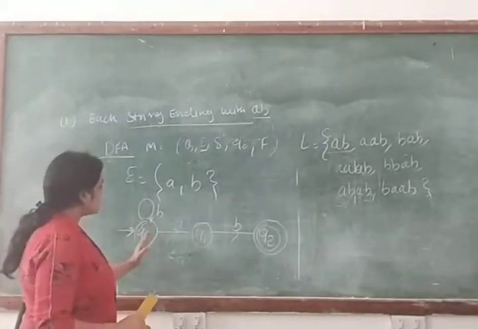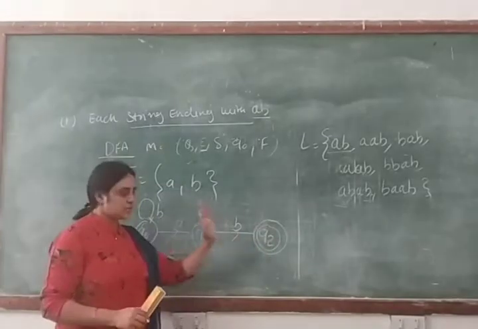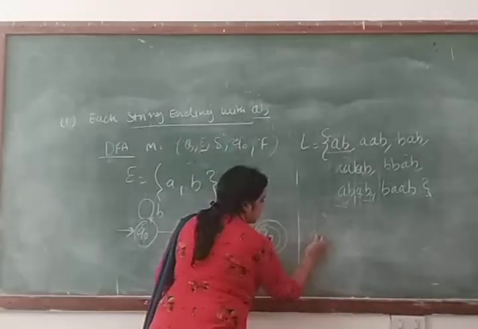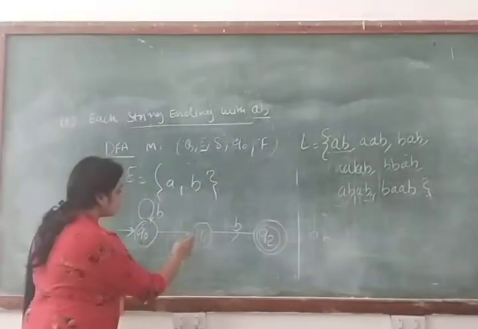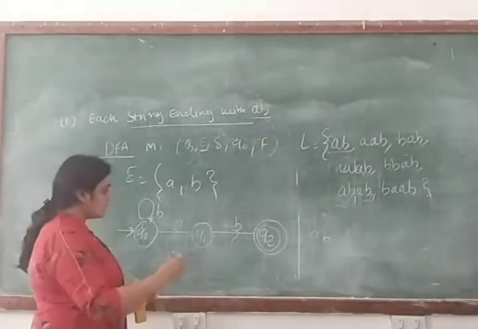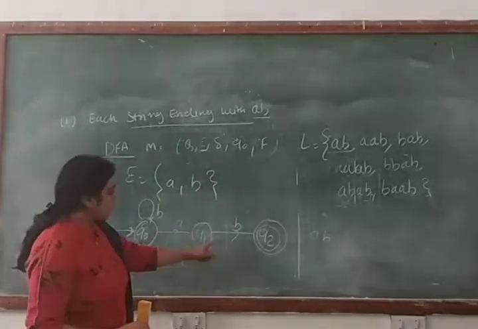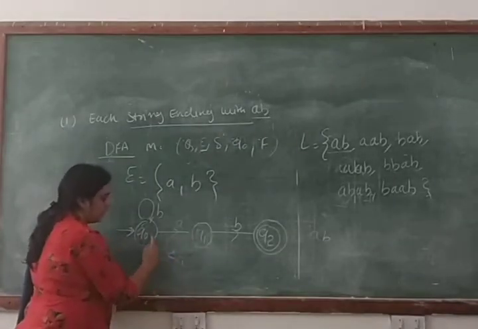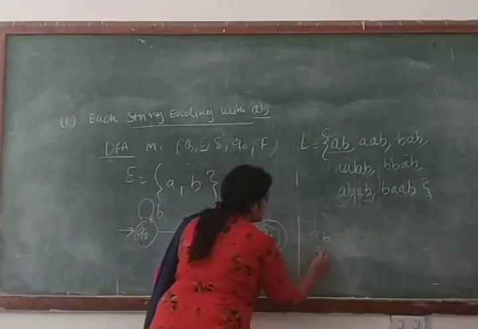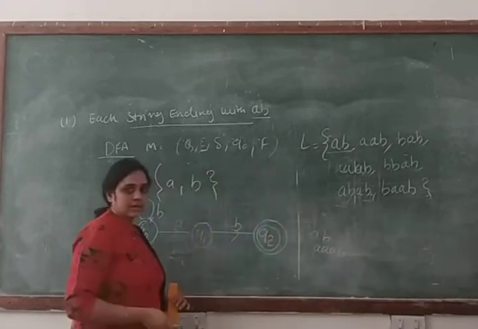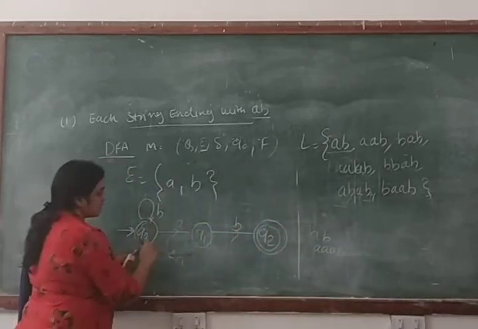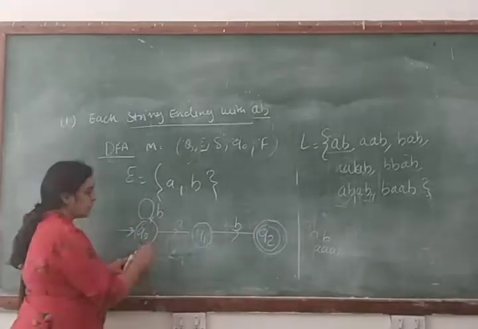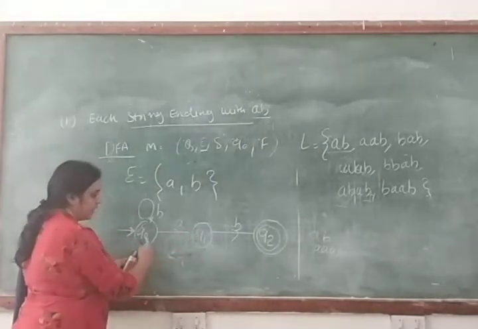If you are making a transition from Q1 to Q0 in this direction, then what will happen? In that case, your machine will accept AB, it's okay. Then A, B means it will accept AB. Then the next string will be A, B, AB, that means triple AB. Clear? Then the next transition can be A, B, it's okay, A, that means 5A.